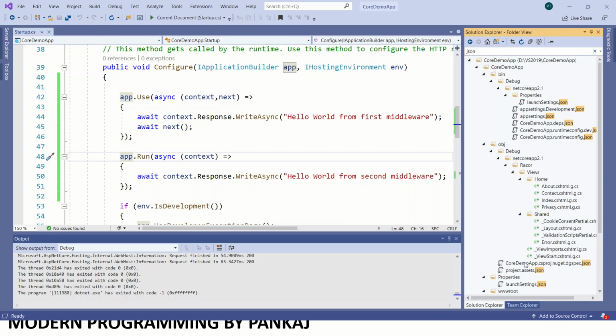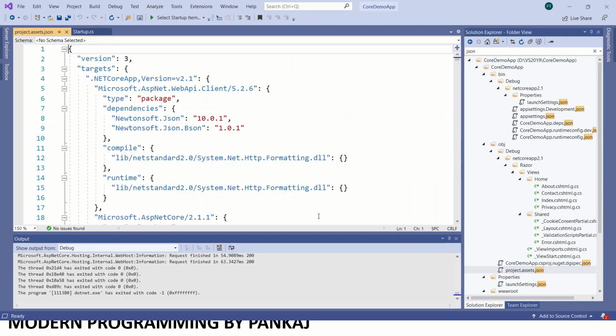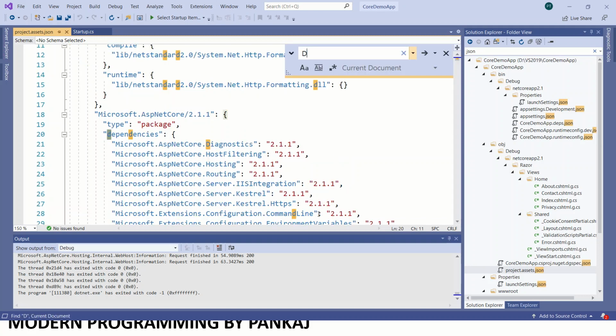In our project.json, we actually need to add, in the dependencies, Microsoft.AspNetCore.Diagnostics, and whatever version is available you can use.